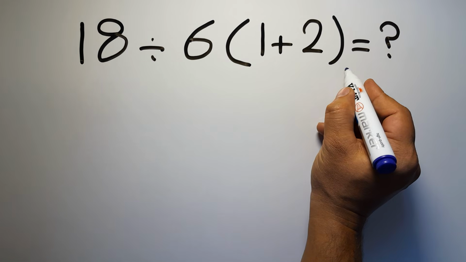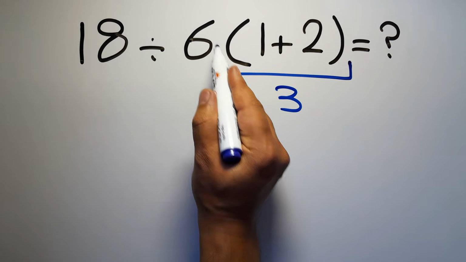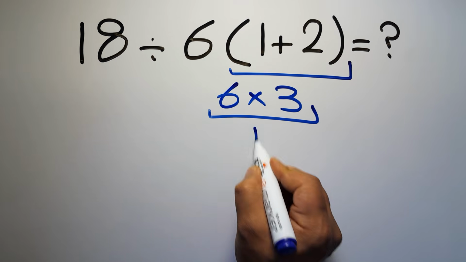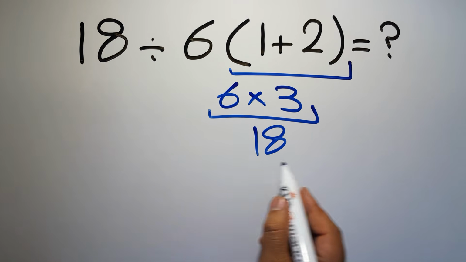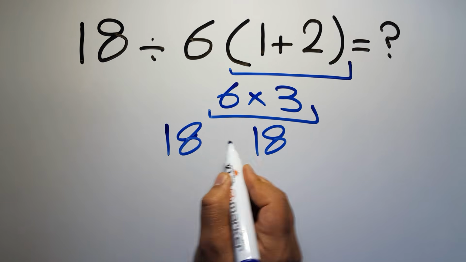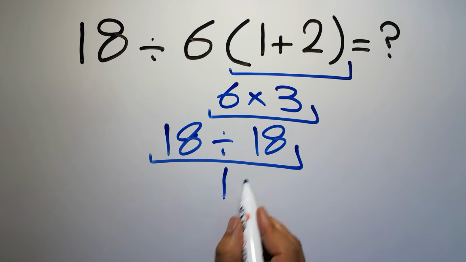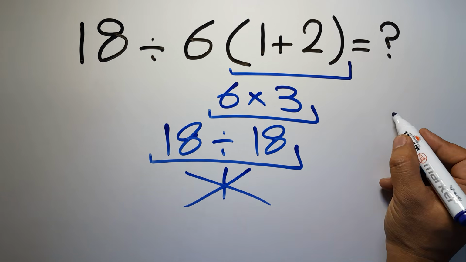1 plus 2 equals 3. And here we have 6 times 3, which equals 18. So 18 divided by 18 gives us 1. But this answer is not correct, because according to the order of operations, first we have to